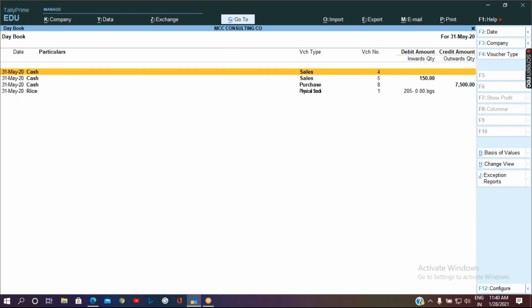Okay. So the next concept we are going to see is how we can make the order process. If you are placing an order, how you can pass the entry for placing the order, and after that what all the transactions will be involved in the process. So we will see that.